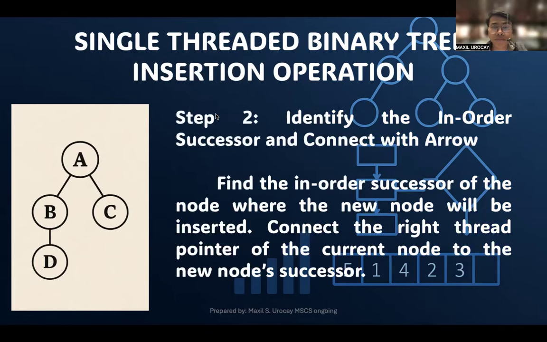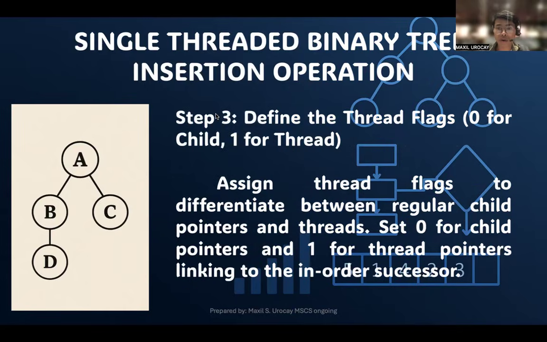After you perform the traversal, identify the in-order successor and connect with an arrow. So find the in-order successor of the new node, where the new node will be inserted. We have to connect the right thread pointer of the current node to the new node's successor. I'll illustrate that later on in the example so that it will be clear for everyone. And then the third step will be defining the thread